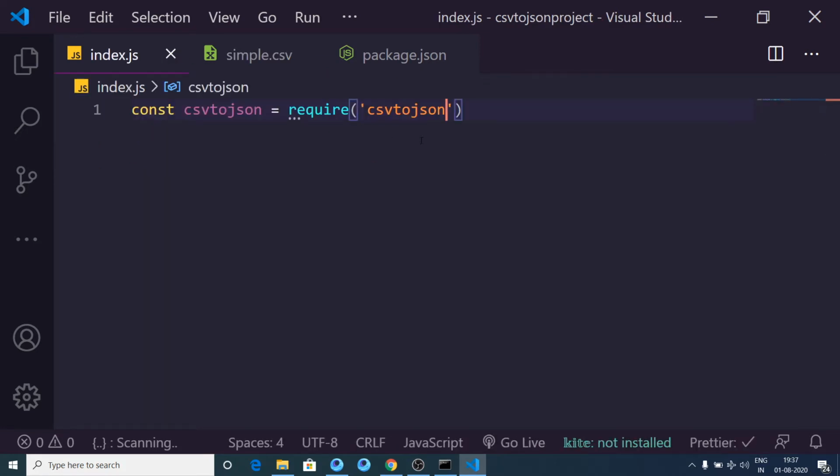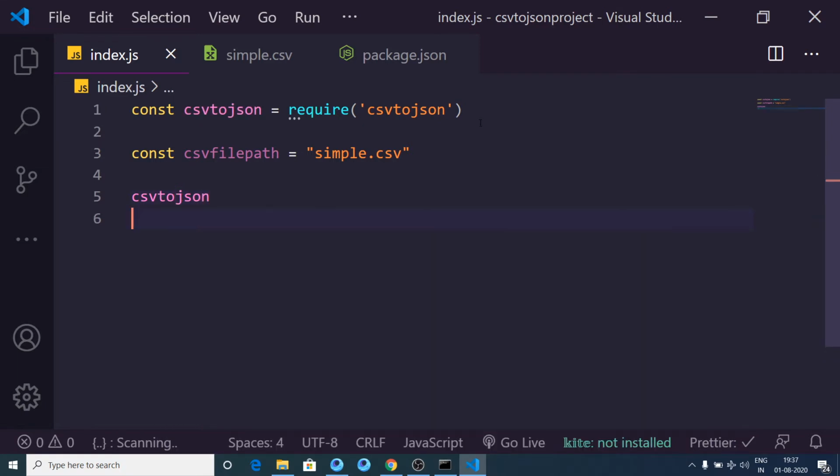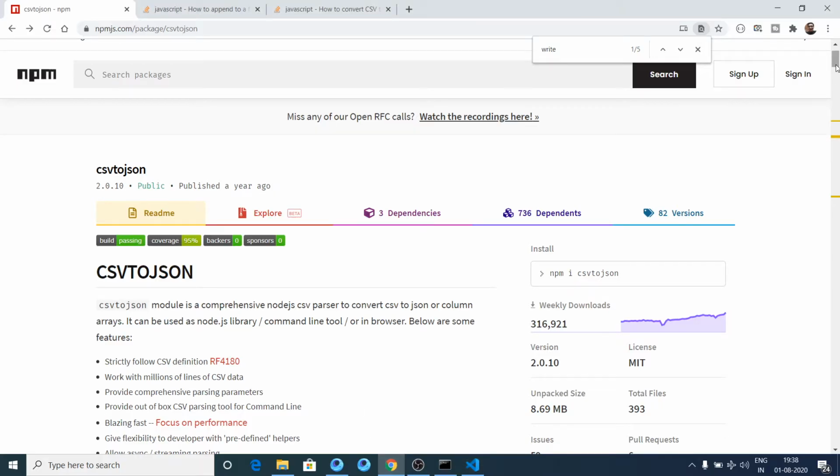Now we need to convert this into a JSON file. First of all we will provide the CSV file path. This is inside my root directory, so I will just write input.csv. Now inside csvtojson there is a method which is fromFile. If you go to the documentation, you will find